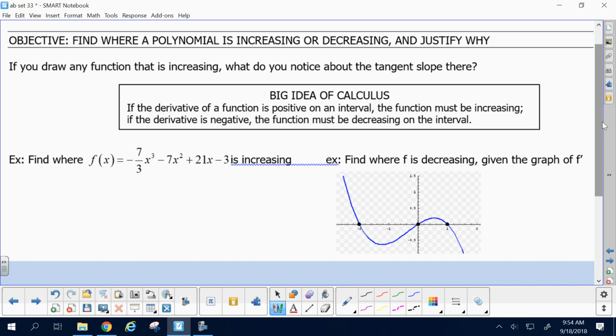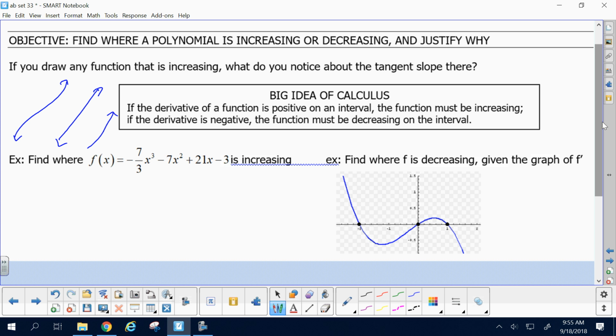All right. So this is a huge idea of calculus. The derivative tells you a lot about the function. Okay? If I ask you to find where a polynomial is increasing or decreasing and justify why, you're going to have to go about that without even knowing the graph sometimes. If you graph any function that's increasing, say this, or